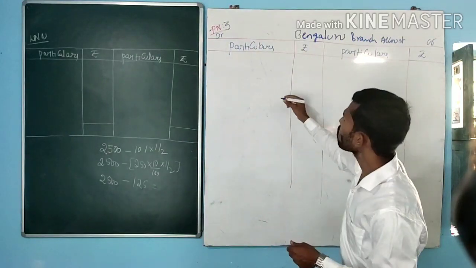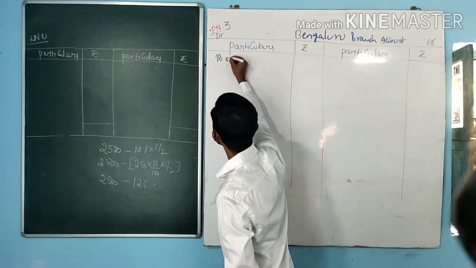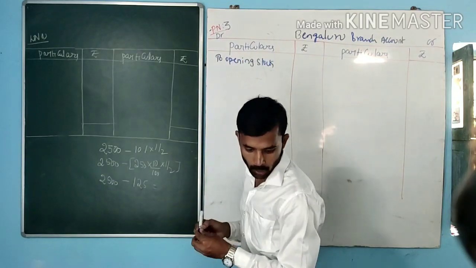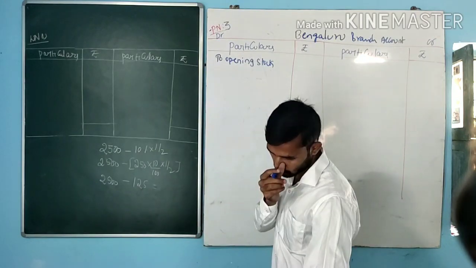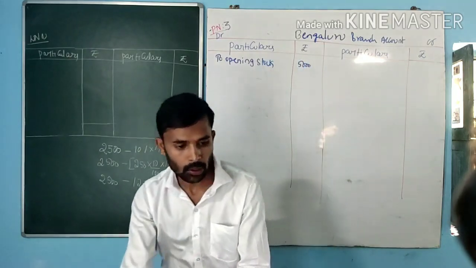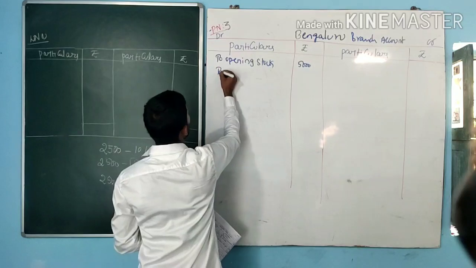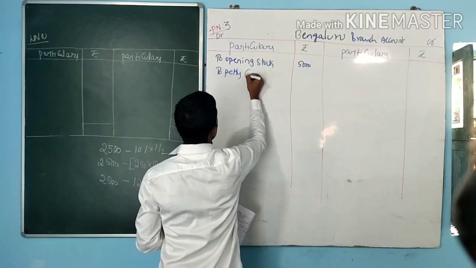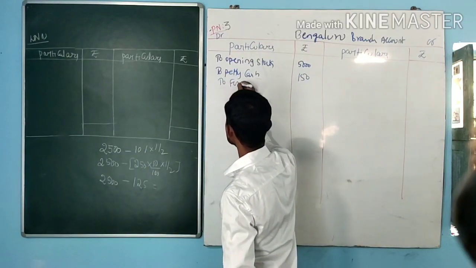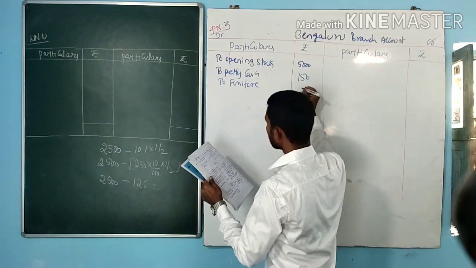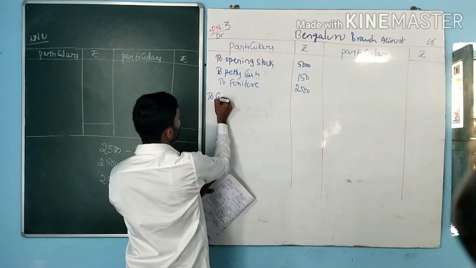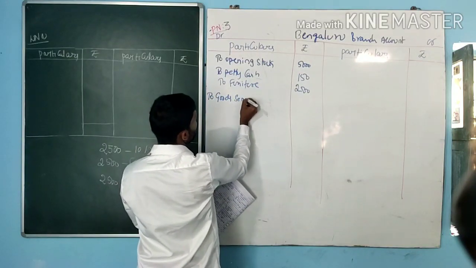Write the branch account, that is opening stock, debit side amount 5000. Next, to petty cash amount 150. Next, to furniture, that is a furniture asset, amount 2500. Next, they are sending the goods to the branch. To goods sent to branch,